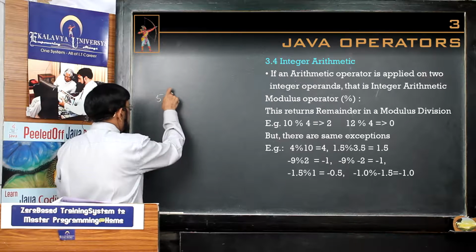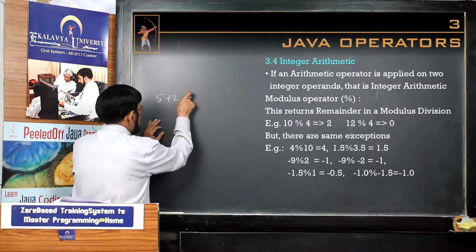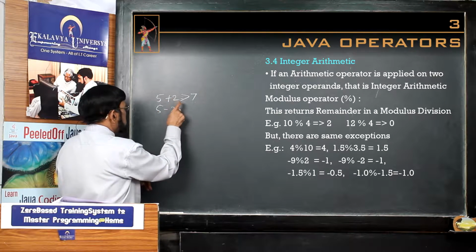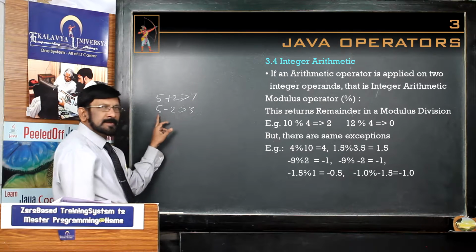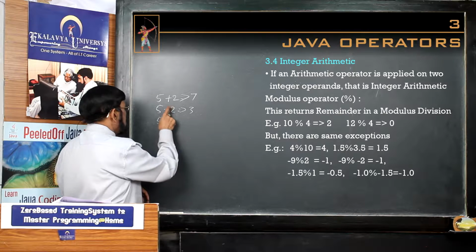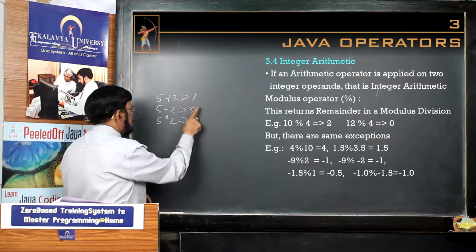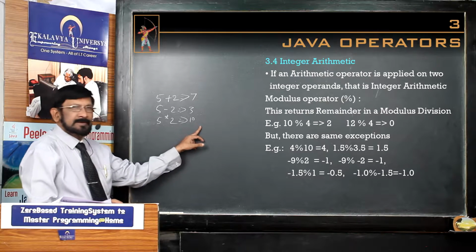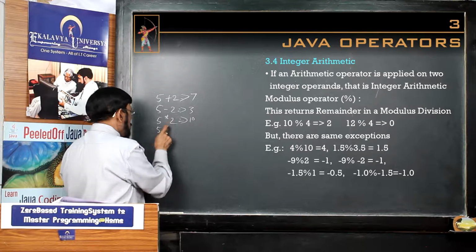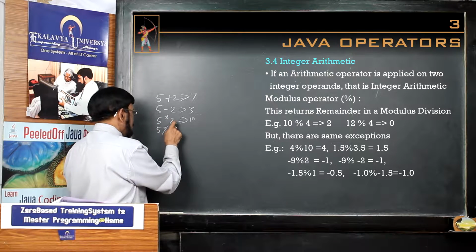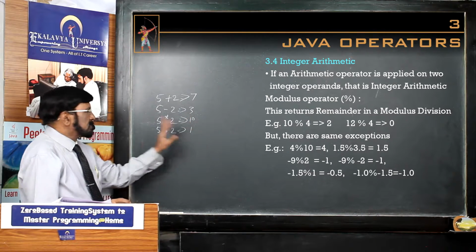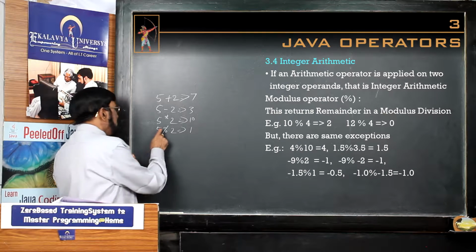Now 5, an integer literal, plus 2, an integer literal, the result is 7. Correct. 5 minus 2, 3. Integer versus integer, the result is integer. This is also correct. 5 into 2, 10. Integer versus integer, the result is integer. This is also correct. And 5 modulus 2, initially you call it a remainder. This also int versus int, the result is int. This is also correct. Where problem comes,